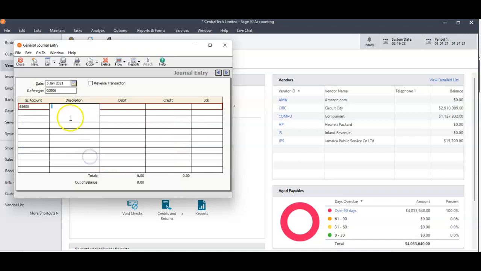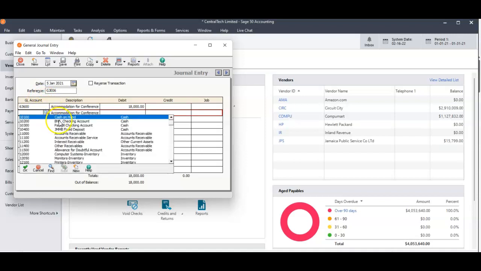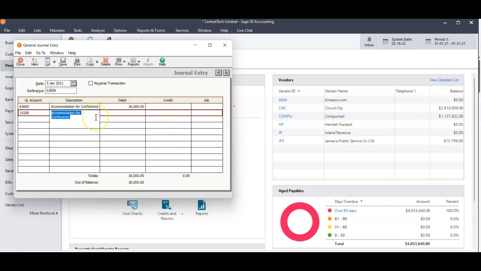But this time it's the same expense, but in the description, I'm going to say accommodation for conference. And I'm going to put the same 18,000 because the figure coincidentally is the same. My bank account is going to get the credit, sorry. And the description autofills as usual. Now before I click save and close, I want to draw your attention to